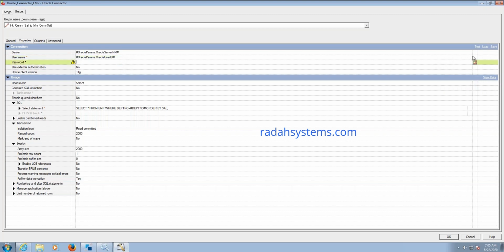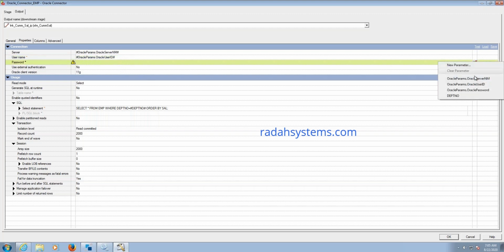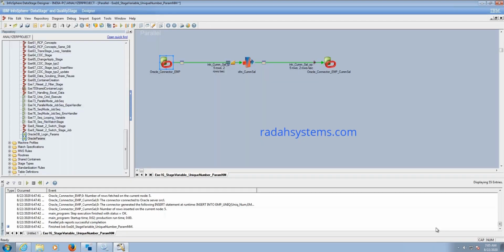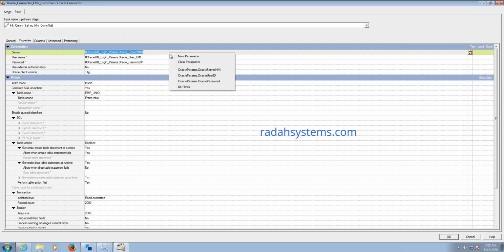And the next one is password. Click on password. Now click on okay. So this is the way we have to use the parameter set in the job. And similarly, we will define the same thing at the target level. So clear this.